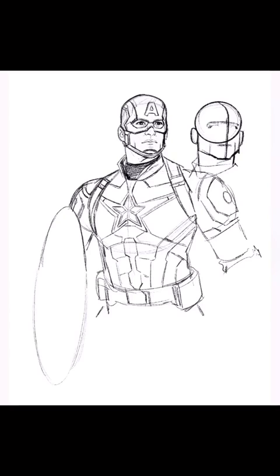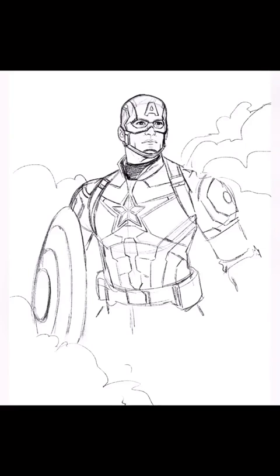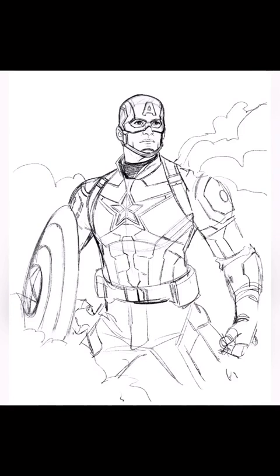Thinking of Cap as a soldier, having gear and pouches on his belt to be able to go into battle with, and doing his iconic shield. Maybe I'll do a specific art school class about drawing his shield, because it seems like it should be easy, but it's not as easy as it seems sometimes. Drawing the legs and finding folds that make it feel like he has weight on his legs. Angling the shield a little bit more to really echo the gesture of his arm, and finishing off the sketch version of his